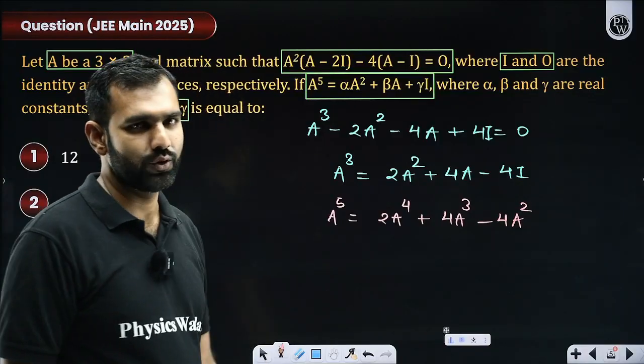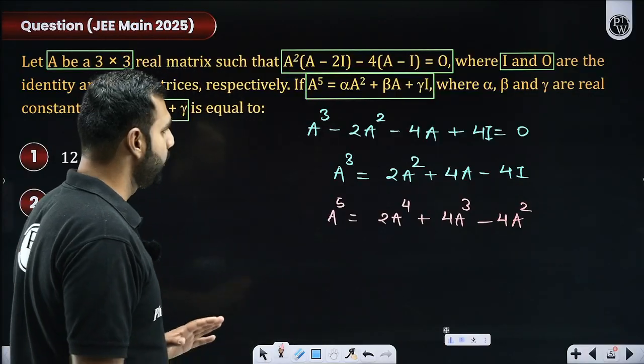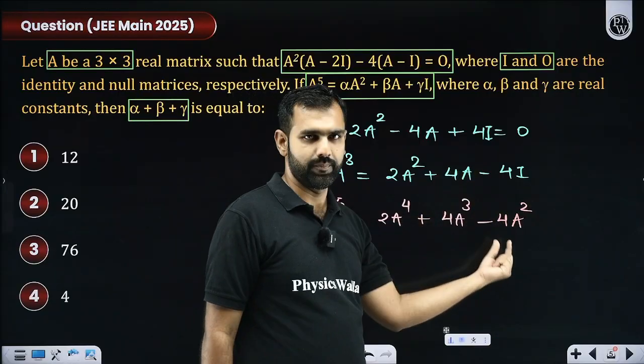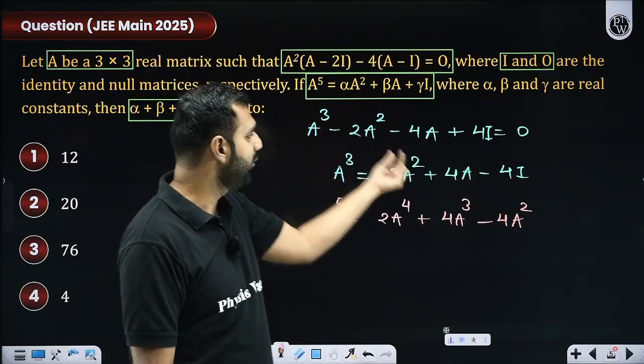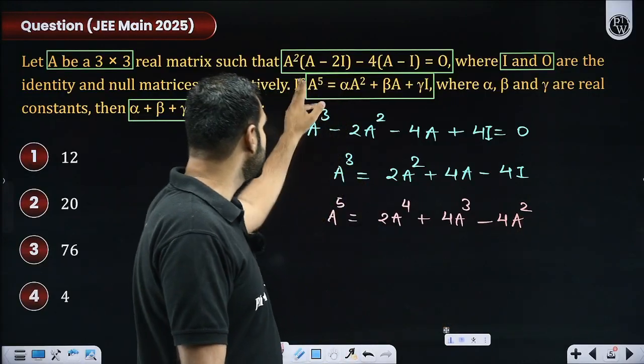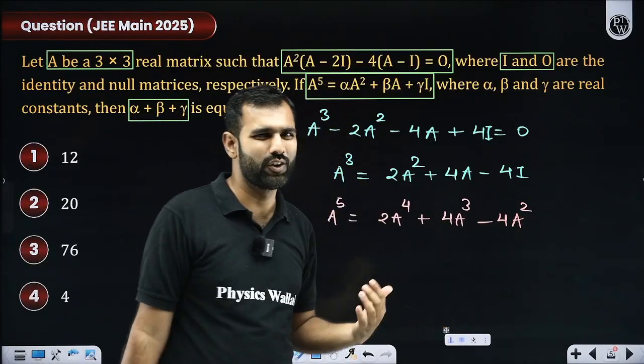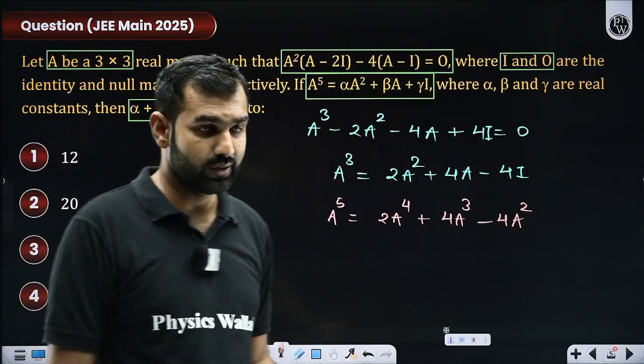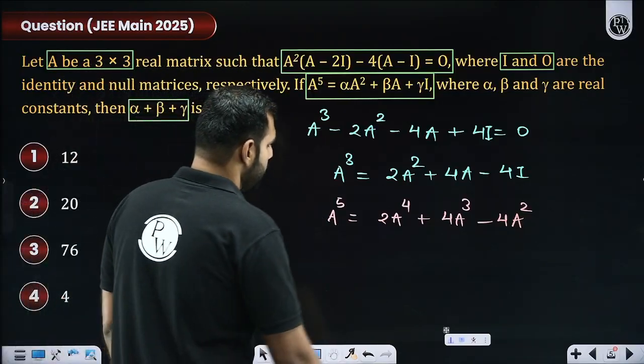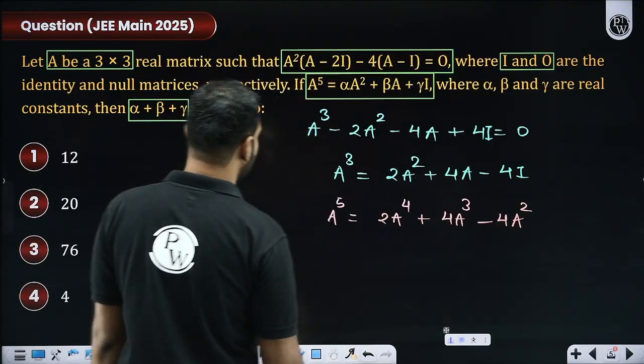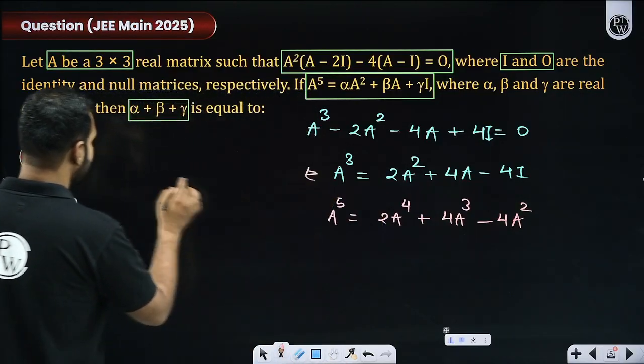Now, two things I'm willing to substitute here. One thing, I hope you're understanding, a square I'm okay with. So in a to the power 5, I'll be witnessing a square, but a to the power 4 and a cube, these terms won't be there. Okay, so let's try and make them vanish. So first of all, let me work on creating a to the power 4. So from here, can I develop a to the power 4?